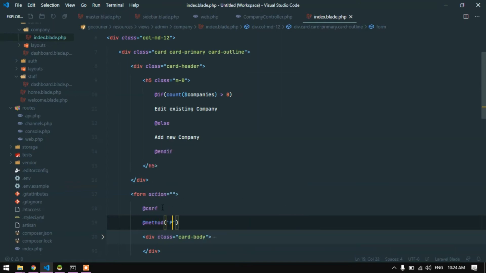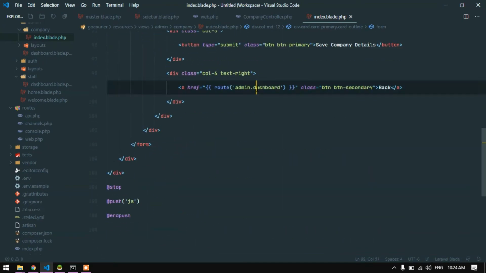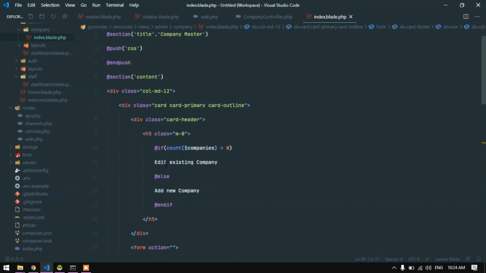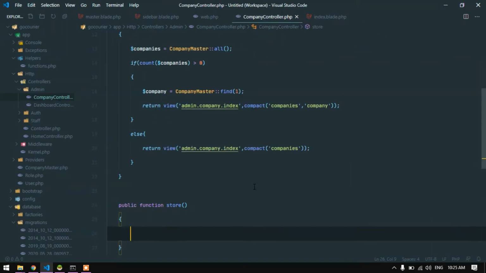Okay, so for that I need to submit the form. Whenever I click the submit button, first I need to check what the actual title is over here, meaning what logic I am using: whether I am adding a new company or editing the existing company. Based upon that logic, I will define the form action. So first I will create the store method, then I will explain what I need to do. So first I will say this validate